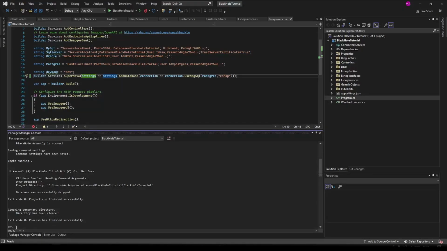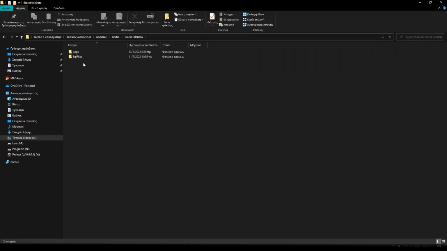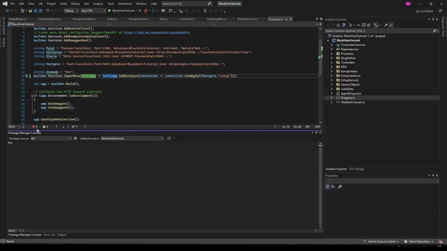All right, now what I want to do is again update the database, and I want to go back here into the BlackHole data folder, the default folder. As you can see, we have no SQL files here, but this time I want to update the database, so to create the database using the save argument. So I'm going to say bhl update -s, or you can do like the force argument, you can do --save. But for simplicity I'm just using -s. And if I run this command now,